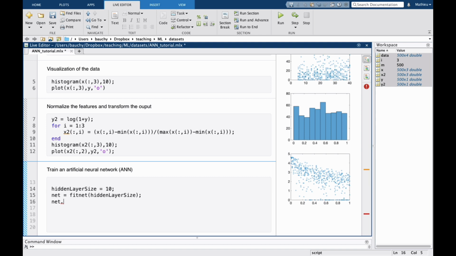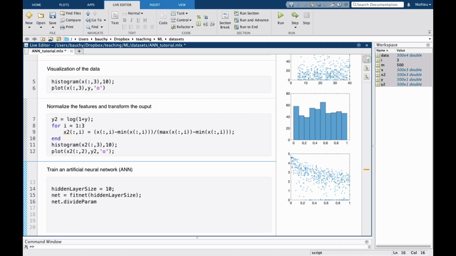So we are just going to use one training set to train the model and one validation set to optimize the hyperparameter. So the first thing that we are going to do is define what fraction of the data points in the data set we want to use to train the model, the training set, and what fraction we want to use for the validation set. For this, we are going to define this attribute of the object net. So we are going to say net dot divide